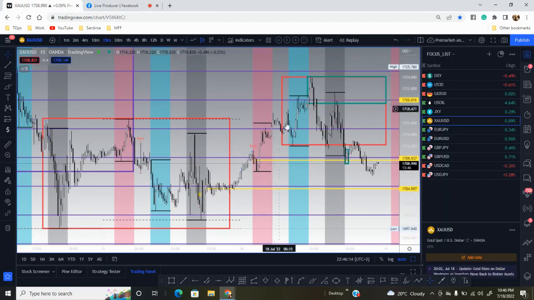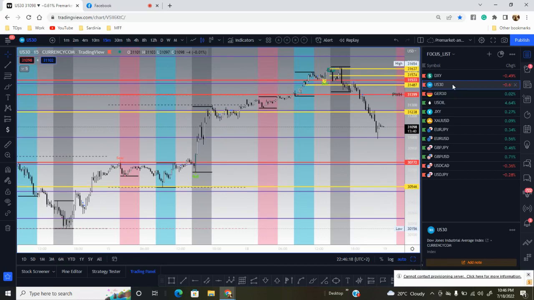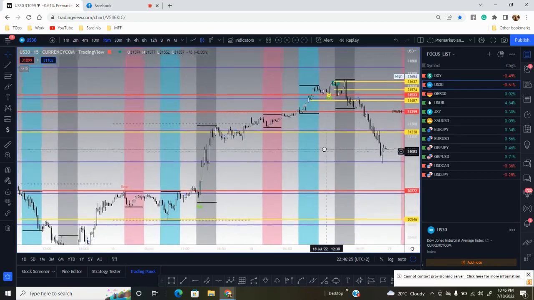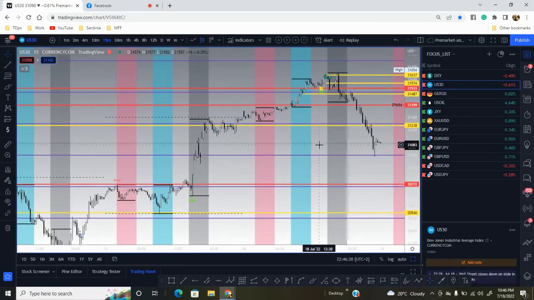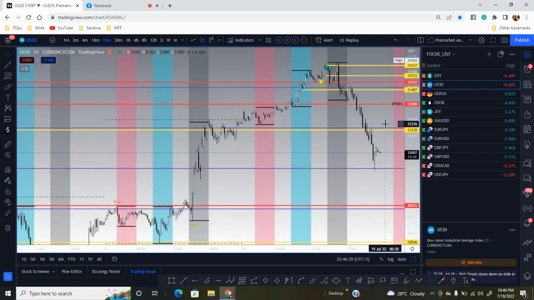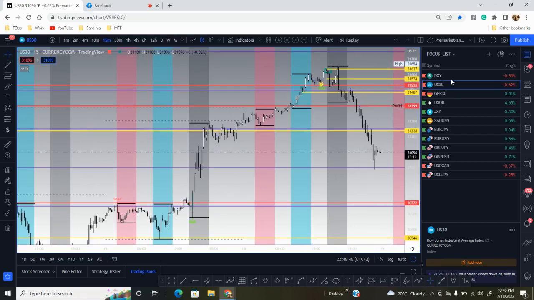And today guys, what I'm going to do is actually a review for kung ano nangyari sa market today, how it behaved as compared to the high and lows of the sessions, high and lows of the previous week, high and lows of the previous day. So ito yung pinaka basis ng aking system, trading system, where I use price action and smart money concepts.